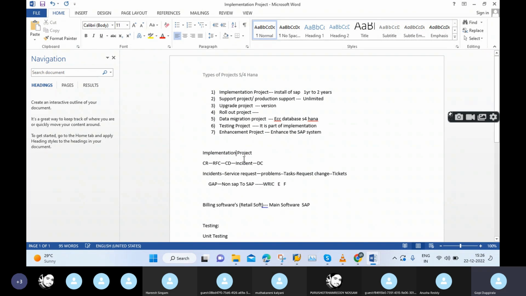implementation means we are implementing SAP, right? So when we implement SAP, our business, whatever existing business or our client, already they are using some X software. For example, they are using some Oracle finance software, Oracle finance. Okay. Now they are converted into SA